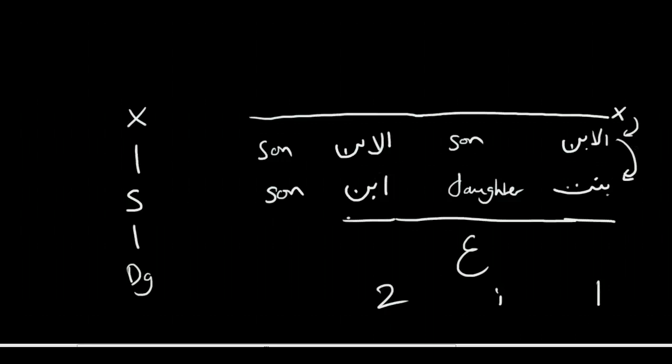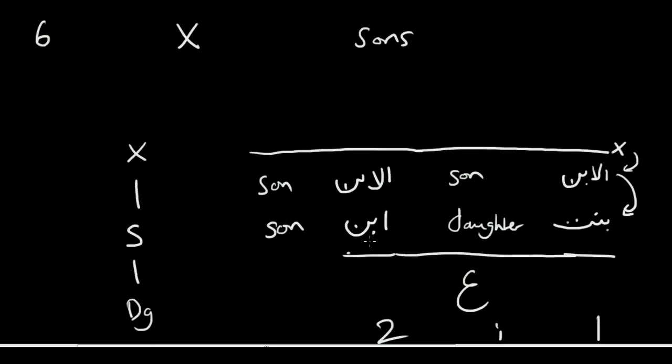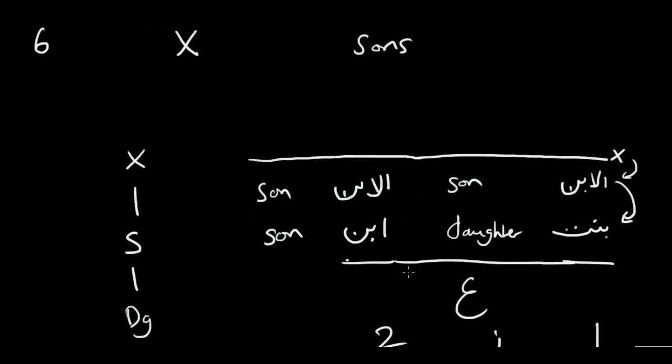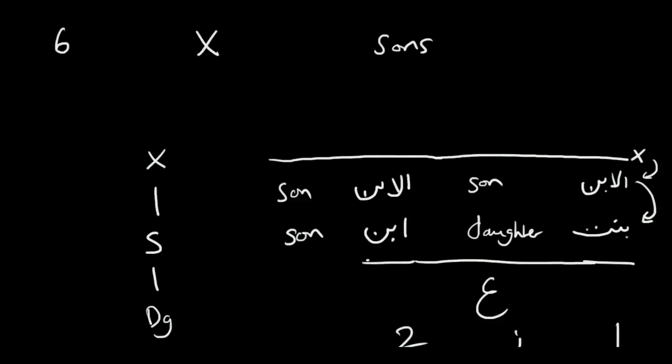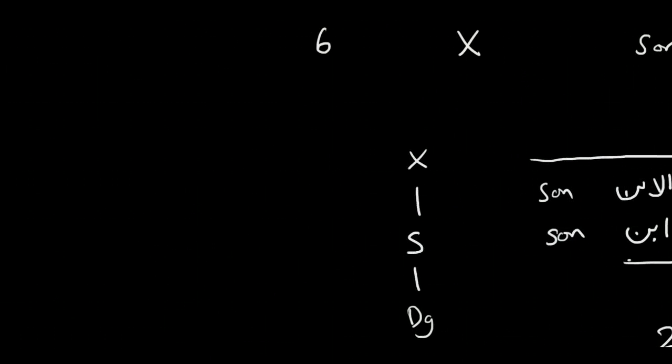So this is an example of number 5, where the granddaughter has come with a grandson who is equivalent. By equivalent we mean on the same level as the grandson. Another example would be where the grandson is of a lower level. So if we draw out another example,